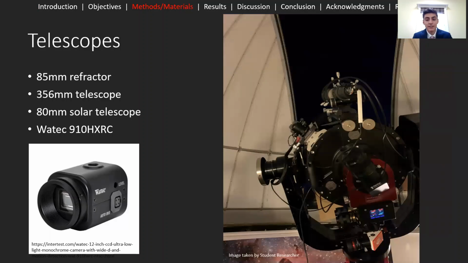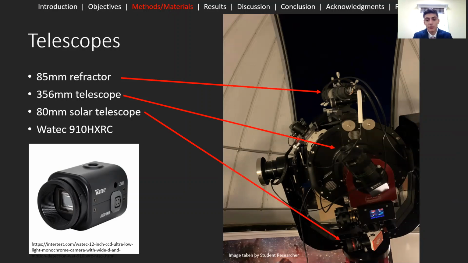For my project, I had access to three different telescopes: an 85mm refractor, seen here at the top of the image, a 356mm telescope, seen here at the center of the image, and an 80mm solar telescope, seen here at the bottom of the image. Now, for all the asteroids that I'll be presenting on today, I used the 356mm telescope. And for recording the event, I used a Watec 910HX/RC, seen here at the bottom left of the slide. I use this camera because of the wide range of exposures that it can capture at, making it perfect for